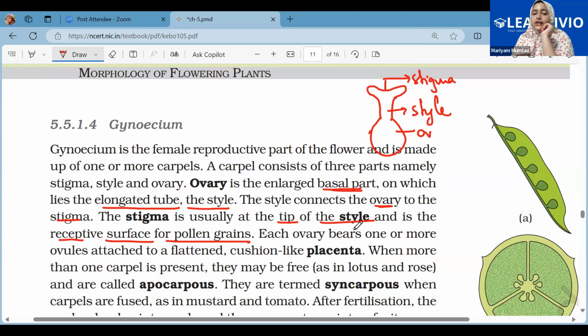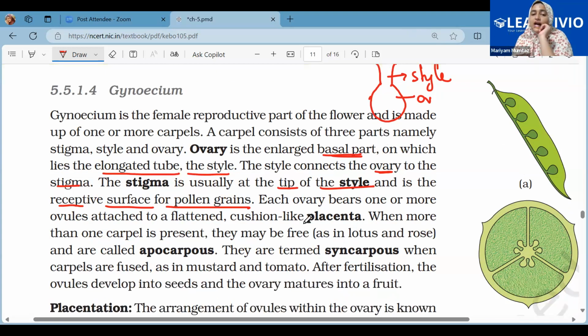Now we are going inside the ovary of the carpel. Each ovary bears one or more ovules attached to a flattened cushion-like placenta. So inside the ovary, ovules are present, and these ovules are attached to a cushion-like structure called the placenta. This is clear? Now, when more than one carpel is present in one flower,